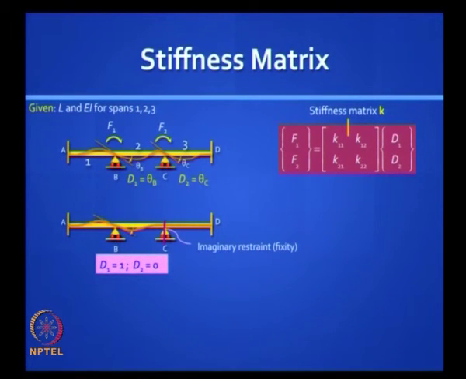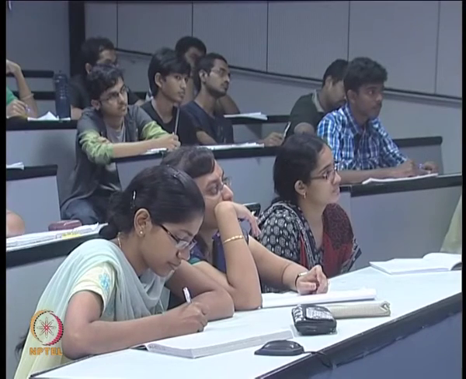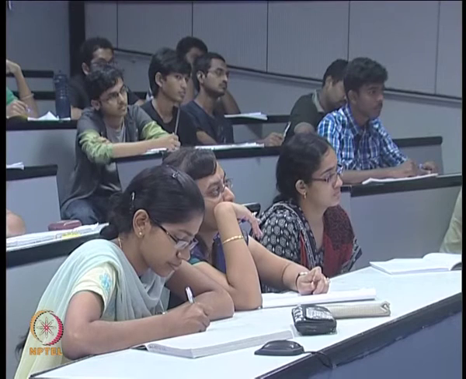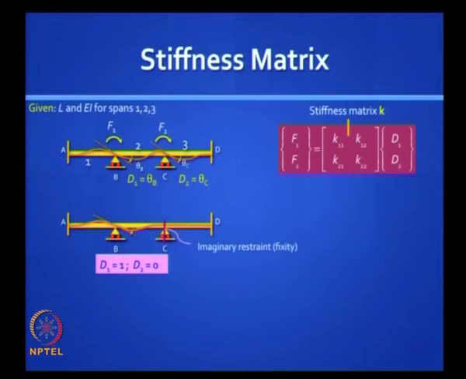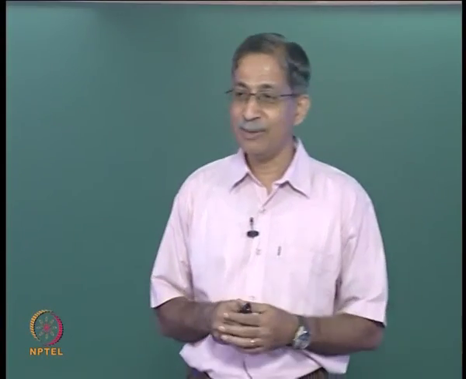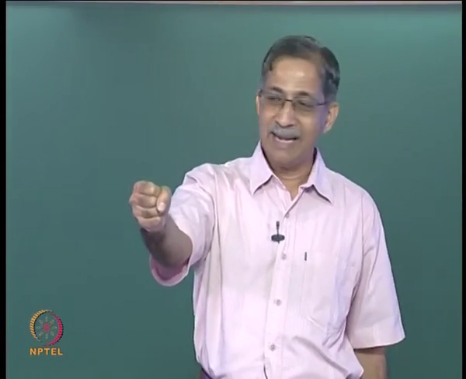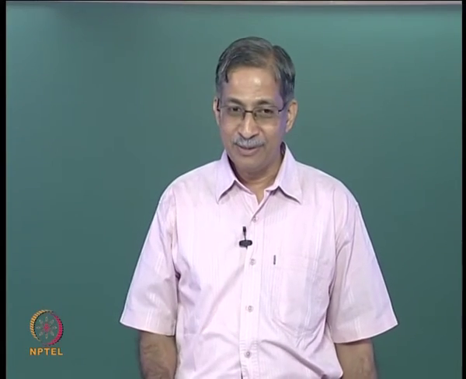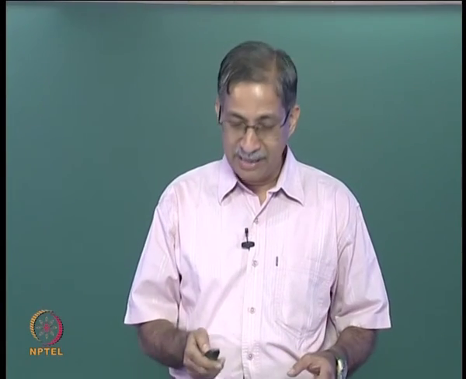K11 will be the external moment you should have applied there to get this shape. So it will be the sum of the moments you get at B, BA and BC. What do you get in BA? 4 EI by L of that element 1. What do you get? Plus what? No, you are arresting. See, when you say D2 is 0, someone is holding it at C and preventing that rotation. So it will also be 4 EI, perfect.